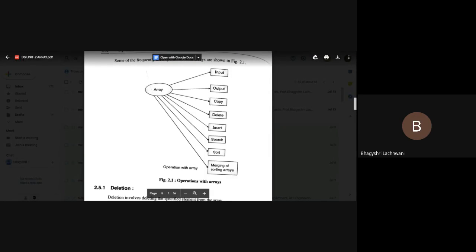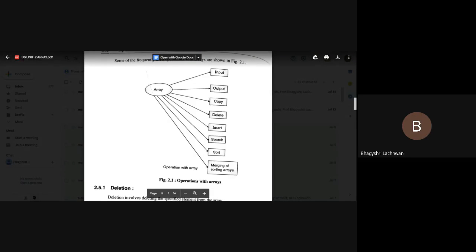Suppose you have decremented the array size by 1. After that, what other modifications do you have to do? Suppose you are deleting the third position value. That means you have to shift the fourth position value to the third position, the fifth position value to the fourth position. Whatever values come after the third position, you have to shift left by one position, because that position is now blank. We have removed the item from the third location. That means the successive elements will be left shifted by one position and the array size will be decremented by one. That is the delete operation.